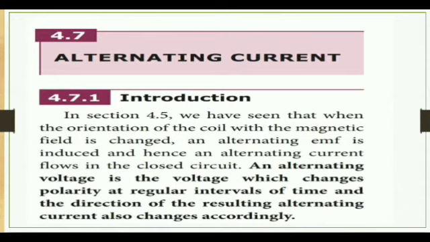So this is the book content, alternating current. Alternating current is the voltage which changes polarity at regular intervals of time, and the direction of the resulting alternating current also changes accordingly. So see, this is the book definition for AC, alternating current. Okay students,